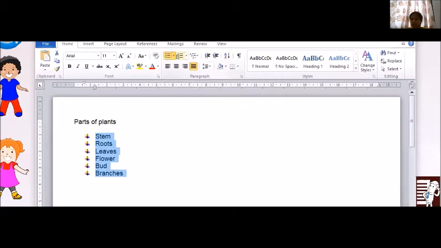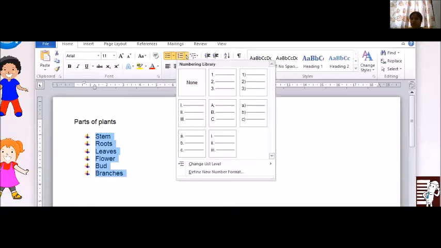Bullets. Now below, beside that is numbering. Just click on that. Can you see? Now my list will become 1, 2, 3. See, can you see? 1, 2, 3, 1, 2, 3 with a